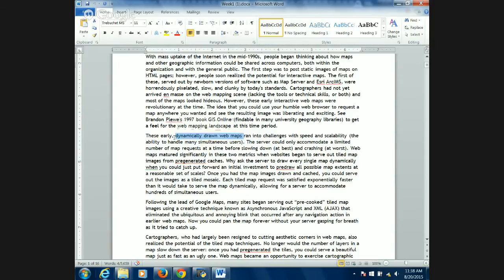However, what some people eventually realized was that they could separate the content that they wanted dynamically drawn from the content that didn't need to be dynamically drawn. What's another word that we might use for that on a map? The content that doesn't change? Static. Sometimes we might use the word base map. Okay, so